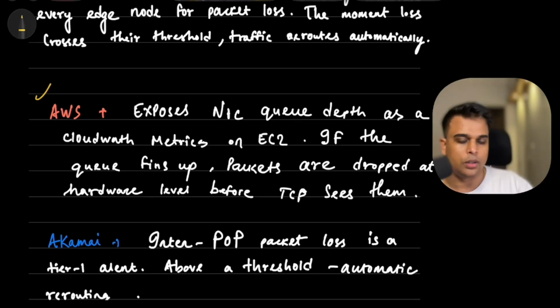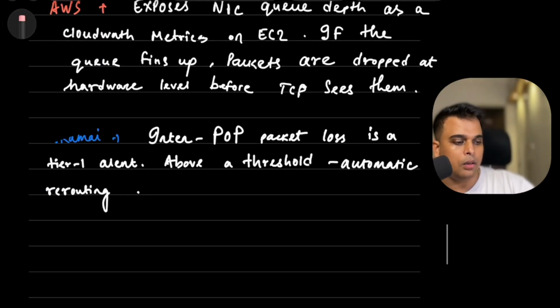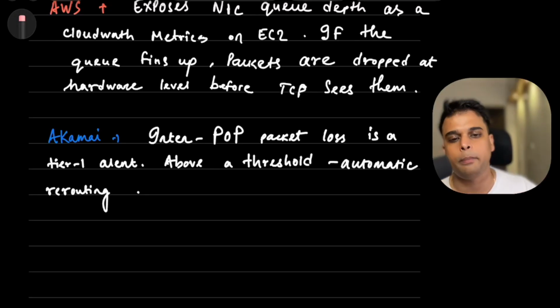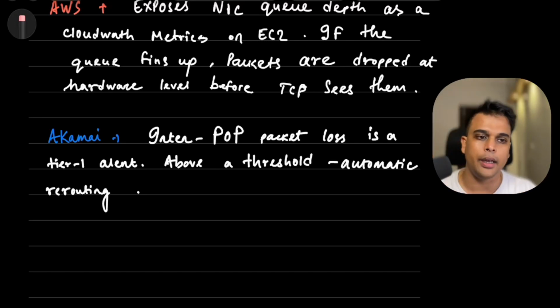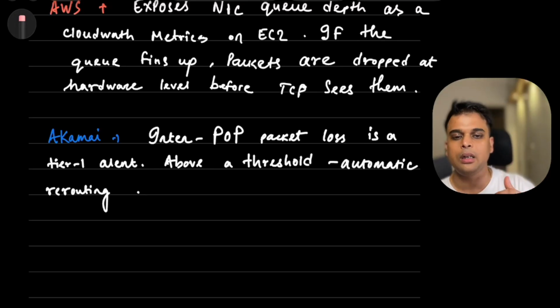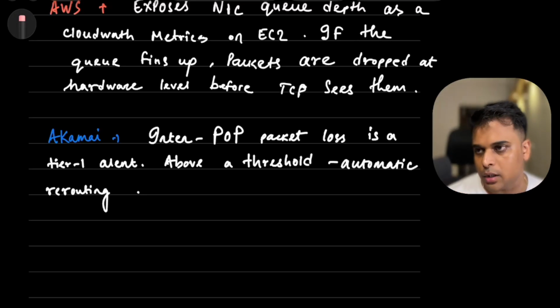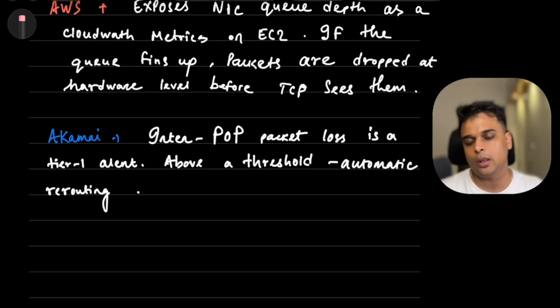for the EC2 instances. Finally, Akamai, again one of the biggest CDN providers in the world. They use inter-pop packet loss, which is their tier 1 alert. If packet loss between 2 points of presence goes above a threshold, it triggers an automatic traffic rerouting within their system. The underlying system gives the same signal, and packet loss percentage is measured on the wire, not at the application level,